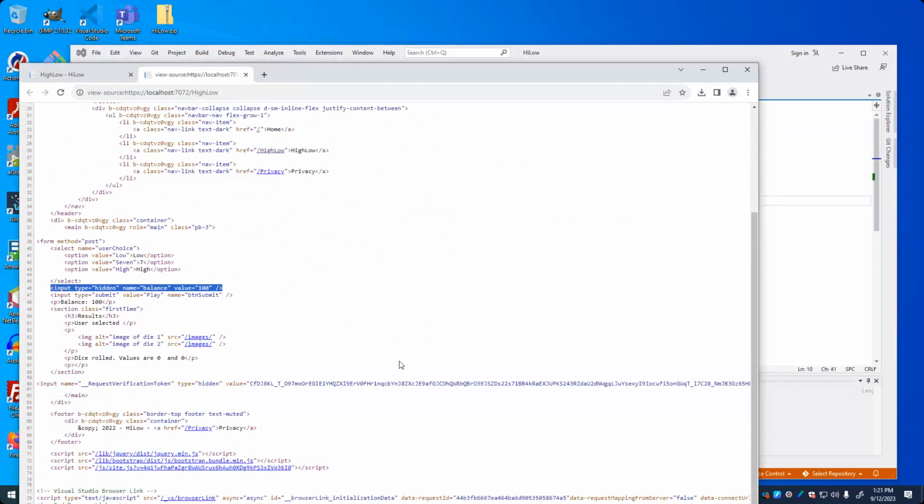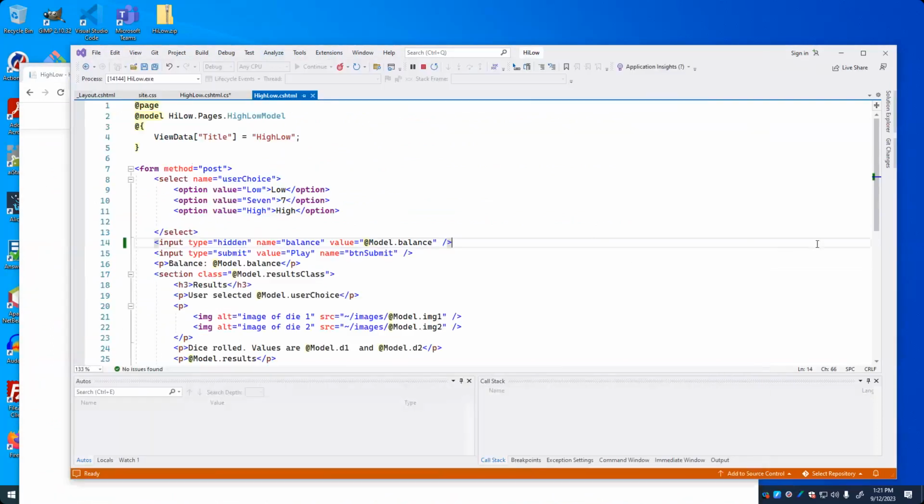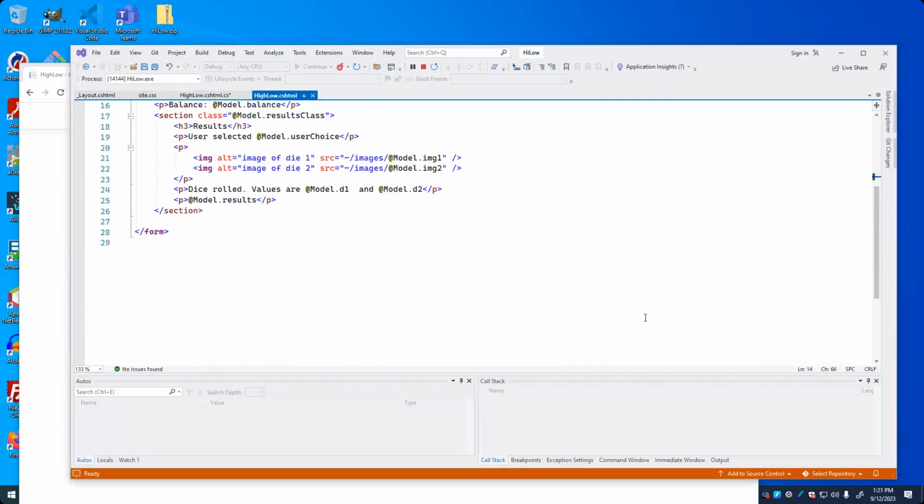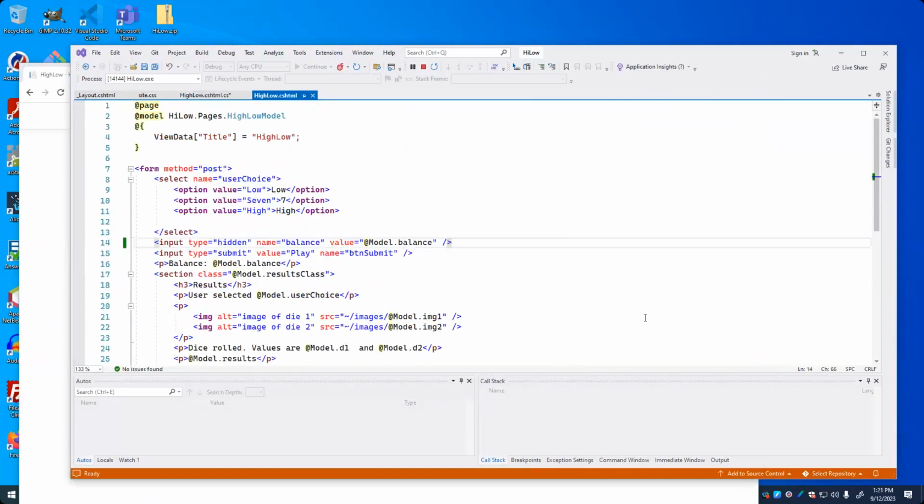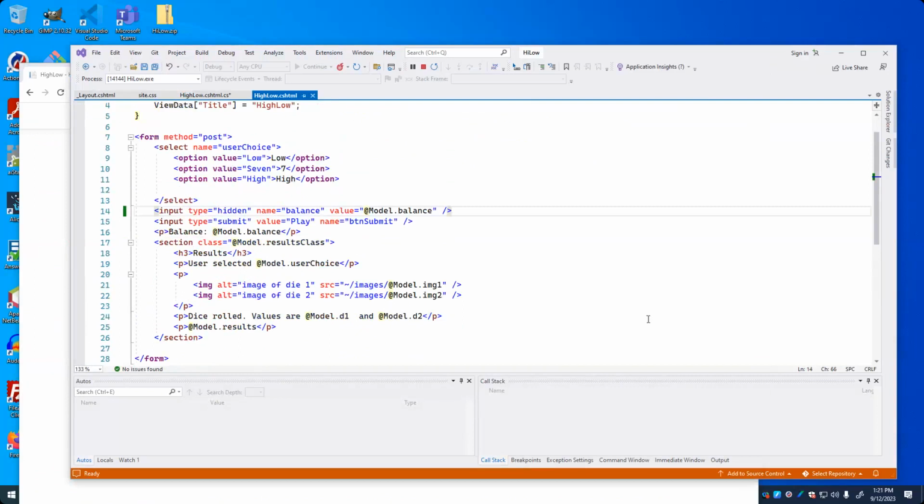With a value of 100. All right. Now, what is the business with the model results class? Well, if I look at the CSS for this, where is the CSS for this? Well, remember that